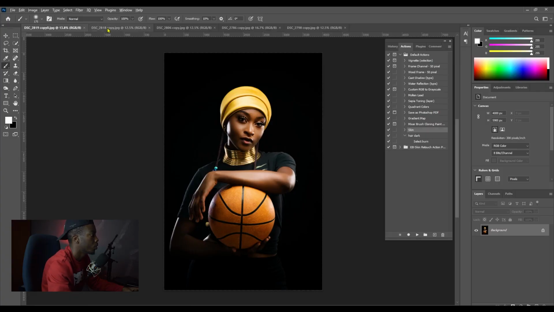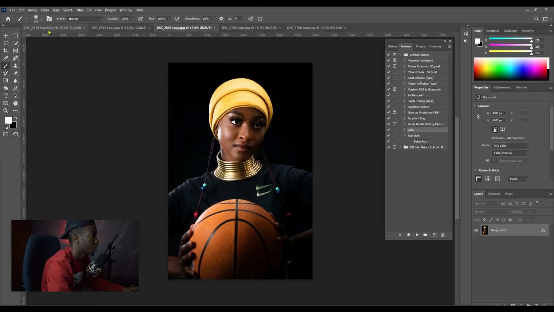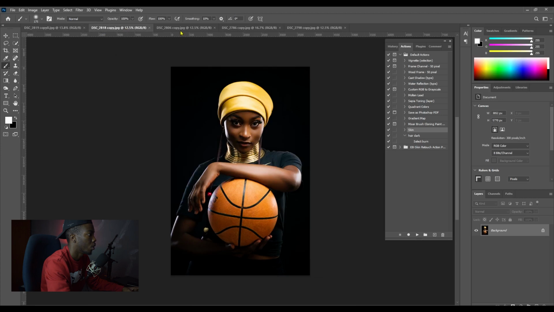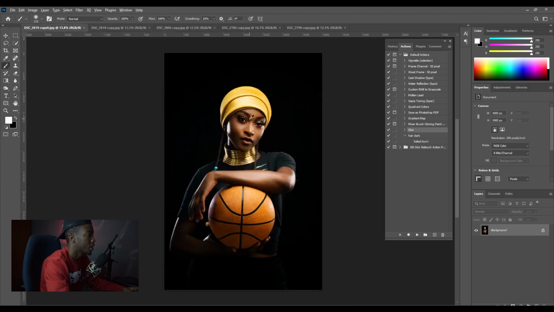Okay, so you just came back from a photo shoot and you have all these images that you've selected already, assuming that you've already selected the best ones that you want to edit, and maybe you want to add an effect or you want to add an action on all the images. But then now, instead of having to click on all the images,